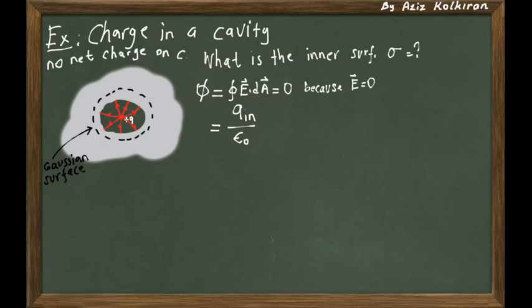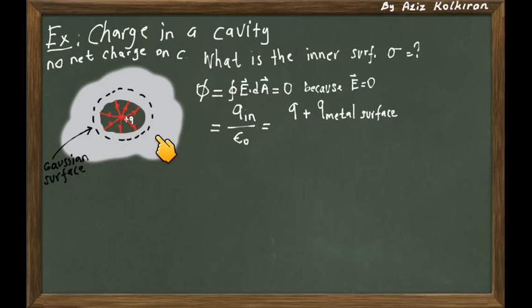But wait a second. We have a plus charge inside the cavity, so there must be some other charges, and these charges should be negative, so that when you add the total charge in the Gaussian surface, they must add to 0. Okay, so the only possibility is that the extra charges should accumulate on